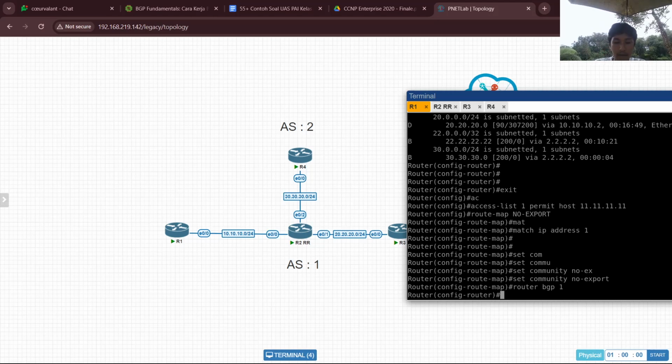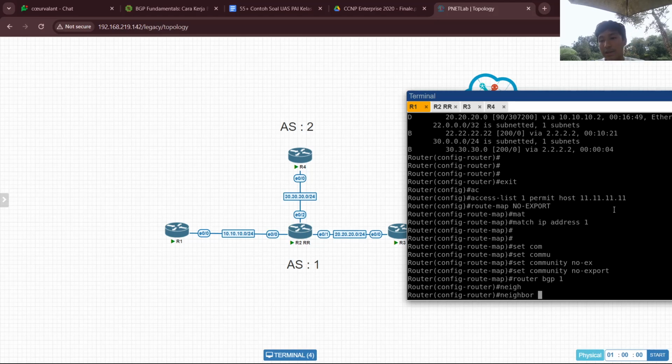Now we go to the router BGP 1, and then we advertise this network, because router 4 can reach this network through the router 2. So it means we distribute this community from the neighbor, from this neighbor, that means router 2.